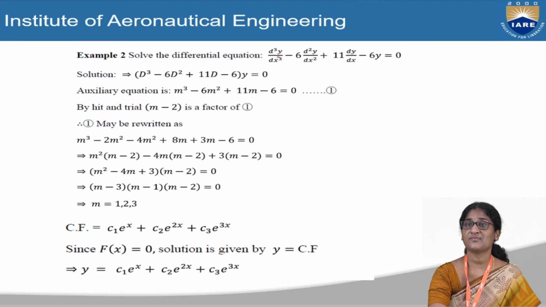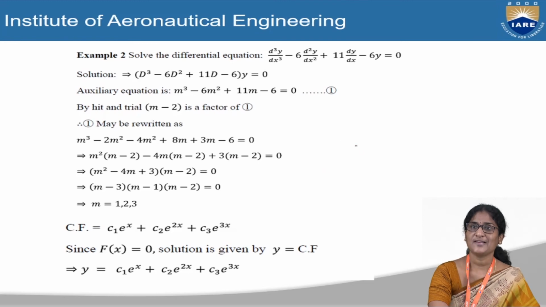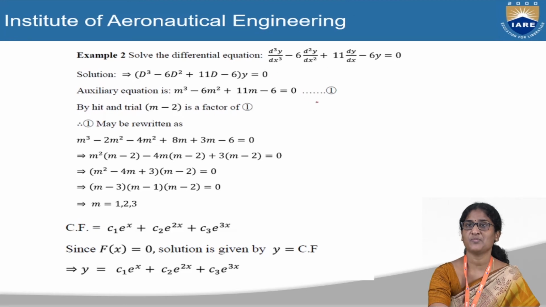So how many constants will we get in the complementary function? Three constants. And how many roots should the auxiliary equation possess? It should possess 3 roots. Now write it in the standard form. Once again, this is a homogeneous equation and we don't have any q of x, so we have to find only the complementary function here. If q of x is there, then the solution will be expanded, and we have to find the particular integral also, based on the type of q of x that is given.